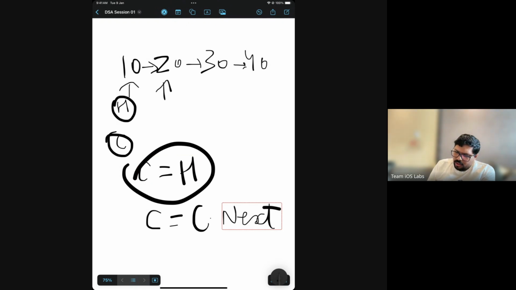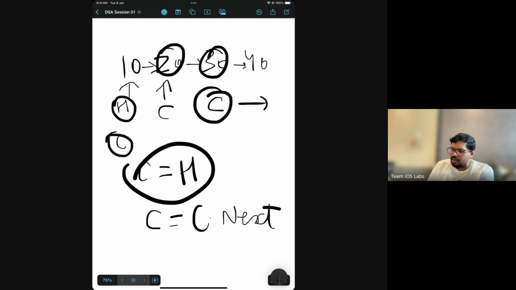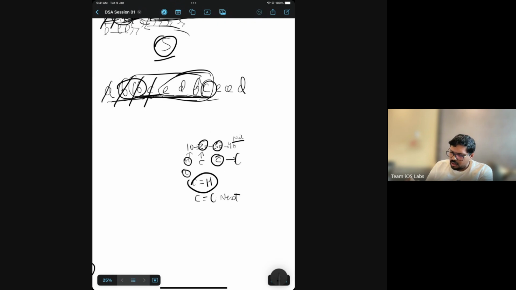Current moves here because 10's next pointer is 20. Then 20's next is 30, so current equals current's next, and now current moves to 30 and then finally to 40. You continue until you find the nil pointer. The nil pointer means 40 is pointing nowhere. That's how it works. I hope you're getting the traversal part. I will go with insertion and deletion as well. Just a minute.